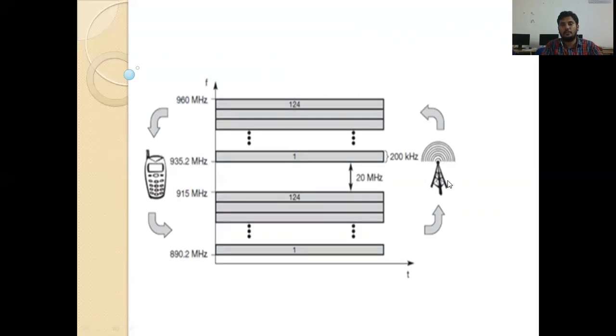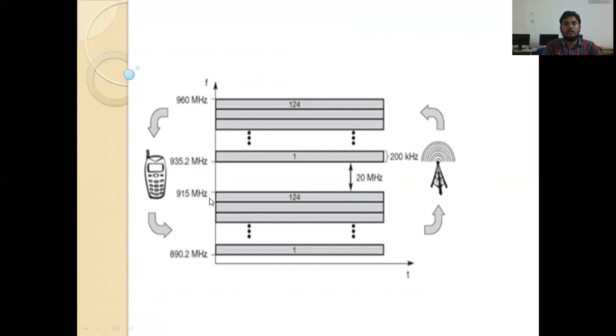Mobile station, base station. If you want to send data to some other, that will be transmitted by using the base station. Some other wants to send data to you by using this base station. Data reaches from the base station to your mobile station. So that is downloaded by you by using this channel only, 935 to 960.